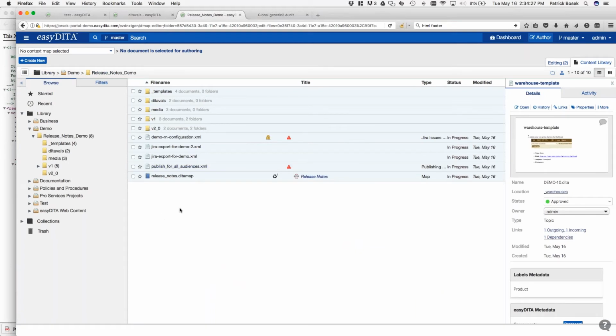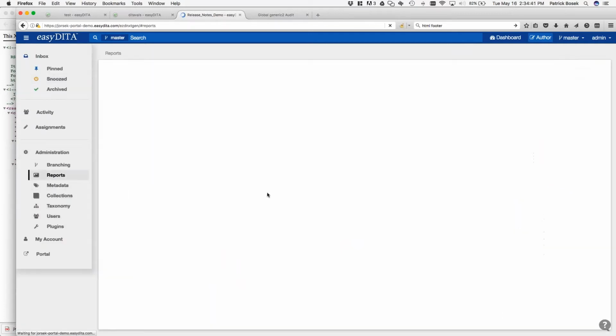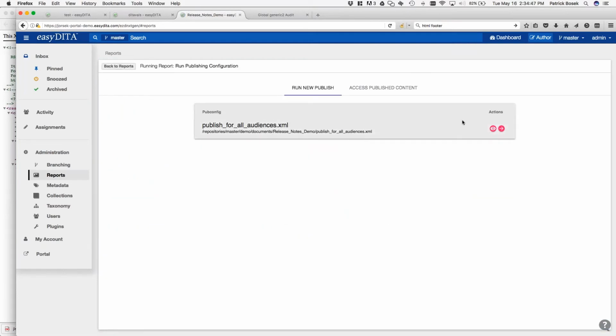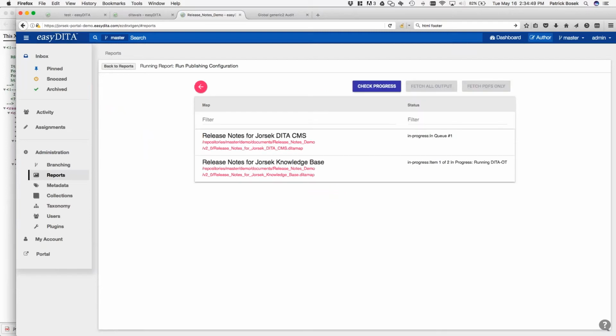So once we have that configured, we can add as many publishing scenarios, as many DITA veils, and as many maps in there as we want. And it's going to publish once for each combination of those items. We're then going to go back to our publish reports one more time. We're going to run publishing configuration. And this is going to queue up our jobs for us, and it's going to go and run our actual